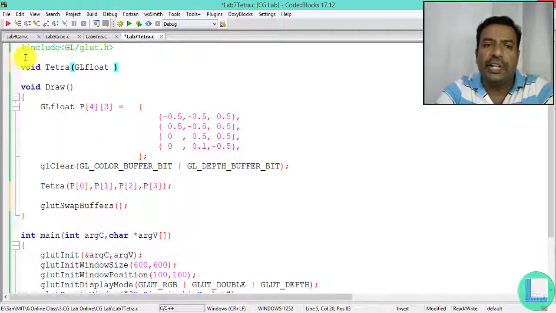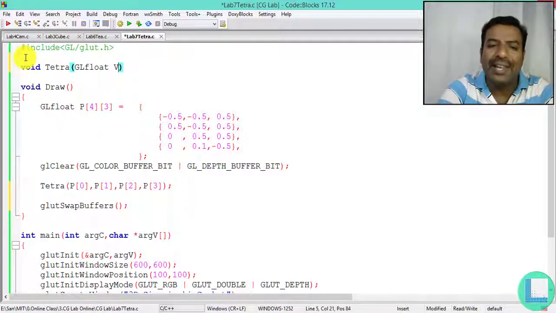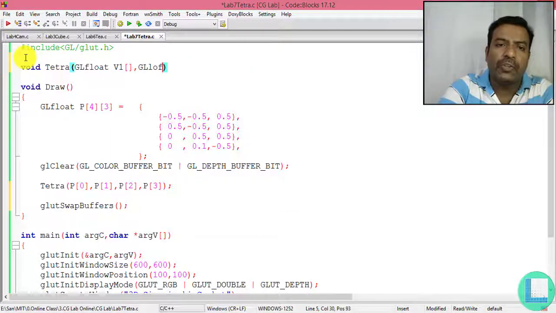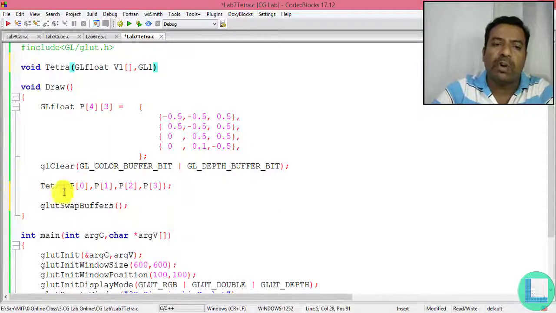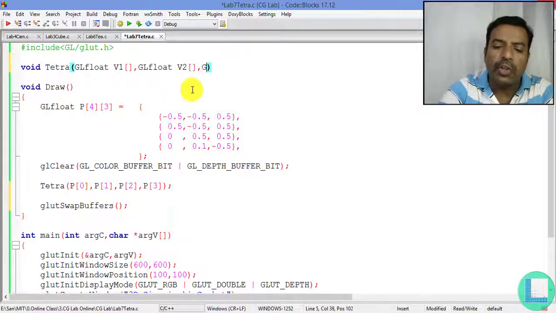And so GLfloat, and the first point, let me name this as v1. The size you can mention if you want, but even if you keep it empty, it will be auto filled by the number of values I pass from the actual parameter to the formal parameter. Hence I'm going to have GLfloat v2, GLfloat v3, and this should be uppercase, so GL.